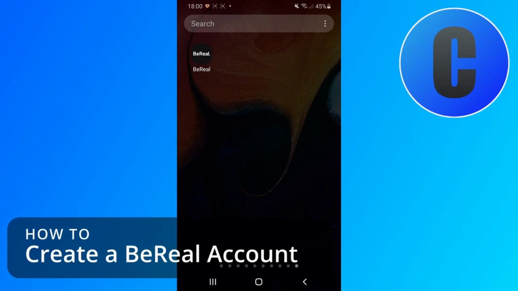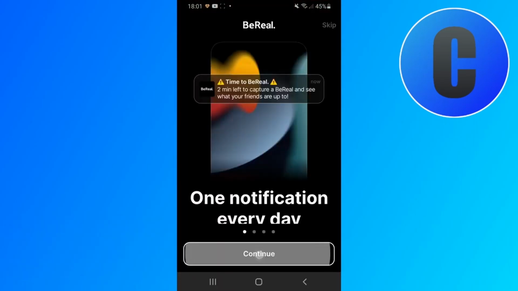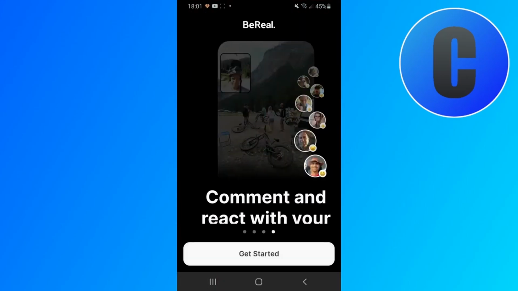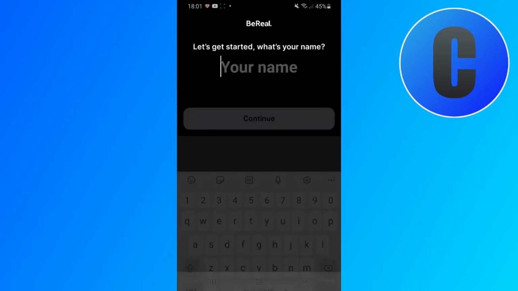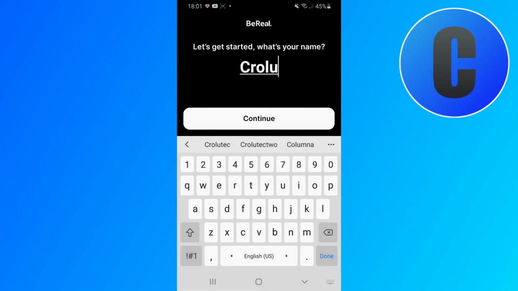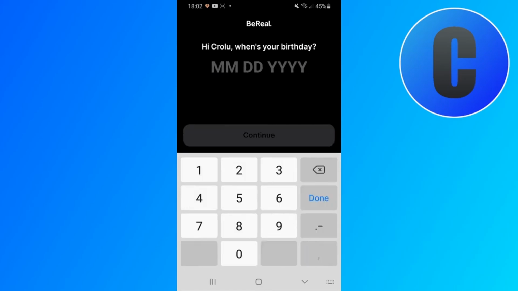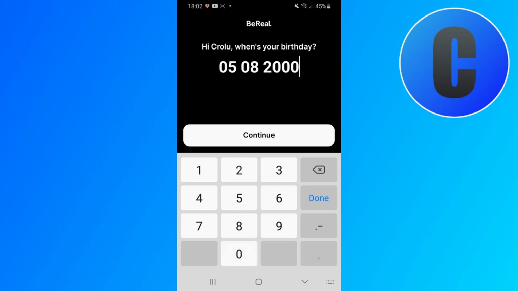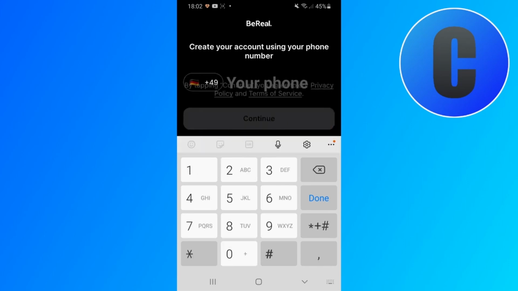So, let me show you how to sign up for a BeReal account. Alright, so here you just have to click on continue a couple of times after opening the app, and the first thing it'll ask you is your name, so just enter your name and click on continue. Then it asks you for your birthday, and you can see the format on screen. It's 2 digits for the month, 2 digits for the day, and 4 digits for the year. So for example here this is the 8th of May 2000,